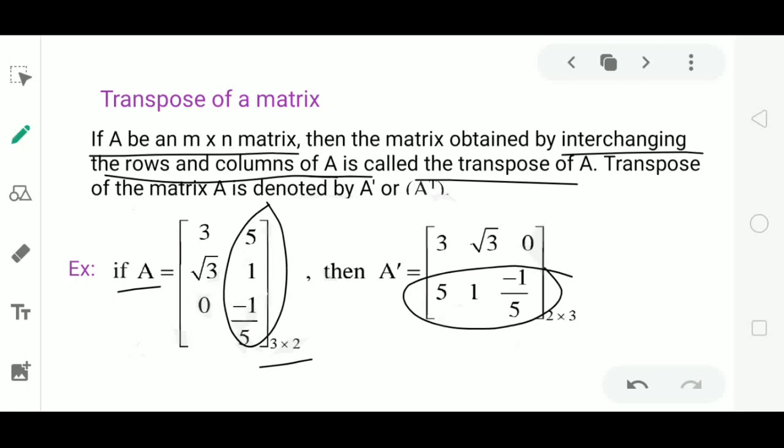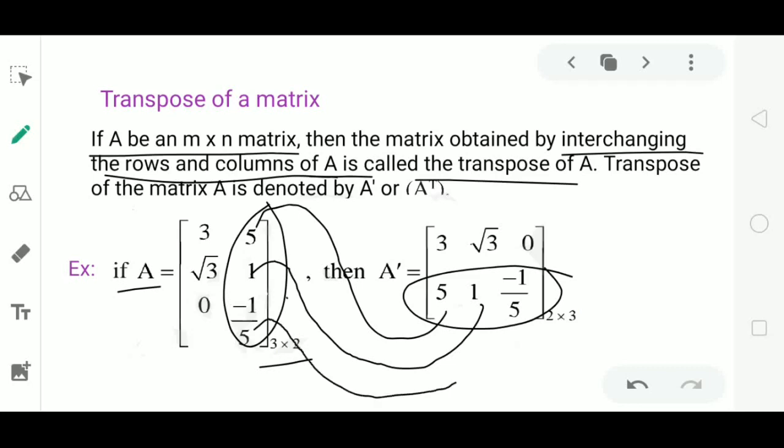That is, the first element of the second column of A is again the first element itself, but it is written in second row of transpose of A. The second element of second column of A is written as second element of second row of A transpose. Here we are just changing the words column and row. The position of the element in the particular row or column remains same. Third element minus 1 by 5 of second column of A is written as third element of second row of transpose of A.